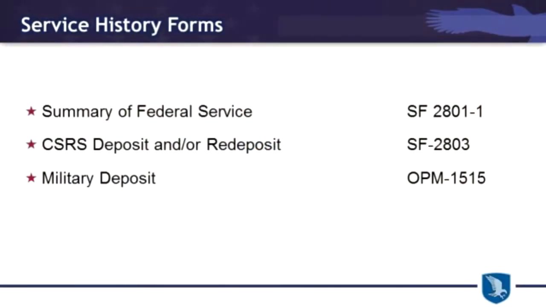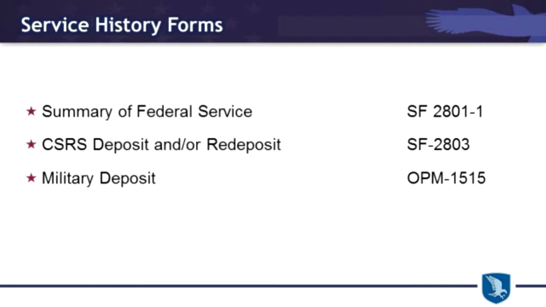Please be careful that you do not assume that this particular date is the one that will be used for your annuity computation. What we would encourage you to do is to secure the service history forms we have listed here and become diligent and proactive in resolving your service history issues. First, receiving a summary of your federal service, which I'm sure most of you have already done.